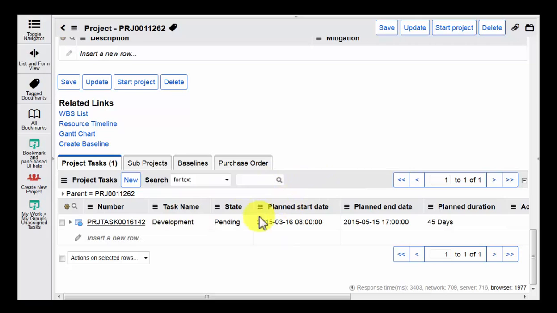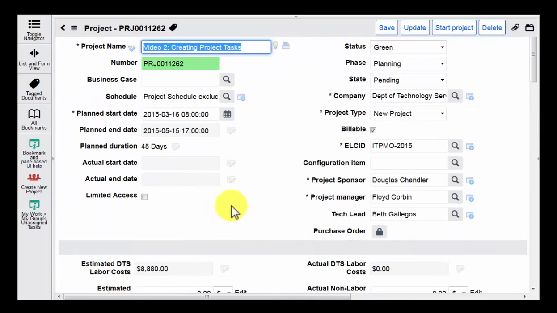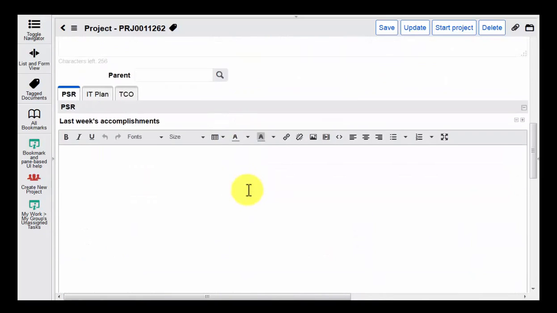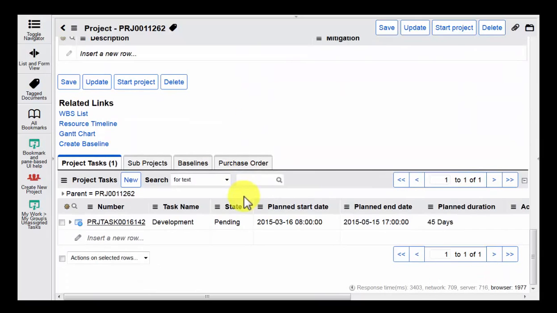Now I'm back at the project level, and we have that task, all the information there. That's one way to create a task. That's the simplest way to create a task, just a single task. You can also start to create a task here by clicking in this area. This is a list of tasks,